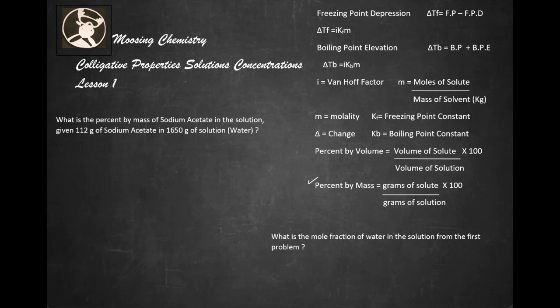All right. So now what we need to do is this. We have our percent by mass. So the percent by mass equals 112 grams of sodium acetate that goes on top, right? Now remember we added this 112 grams to this water, right? So we're going to go 1650 grams plus 112 grams times 100. So our percent by mass is going to equal 112 grams over